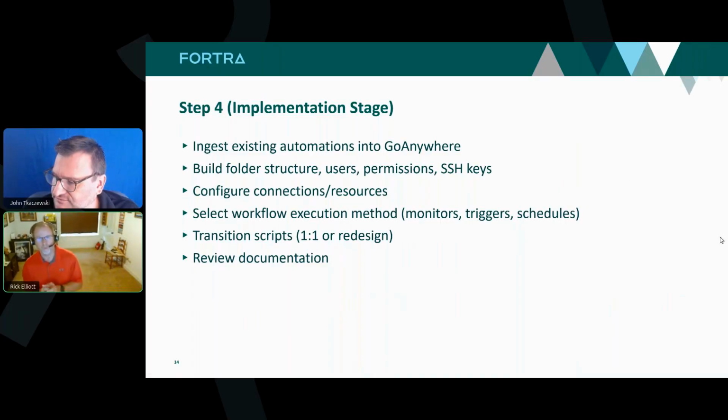You can do it one-for-one, meaning every time I have an automation in my current system, I'm going to do that same automation in GoAnywhere. So I'm just going to set them up and run them one-for-one. You can also set it up to do database or parameter-driven processing. GoAnywhere does allow you to do that. Then what am I looking at in my folder structures? I can actually maintain my same folder structure. But the question here becomes, do you really want to do that? Does it really matter? The key here is moving data.